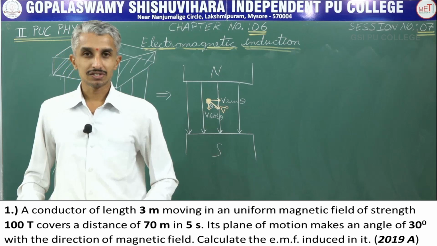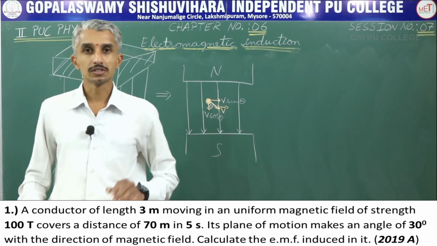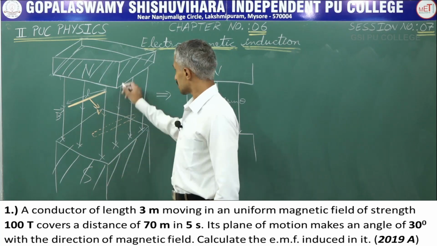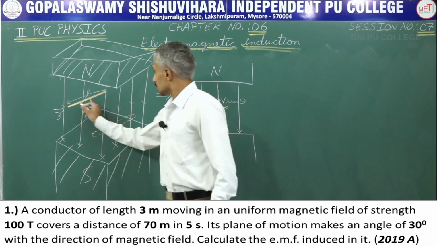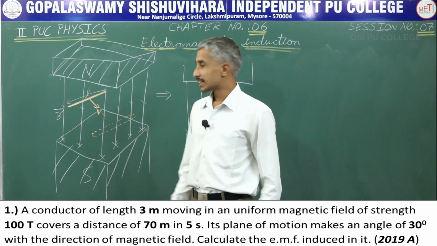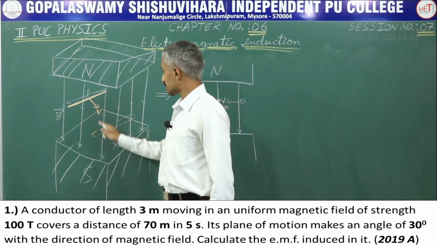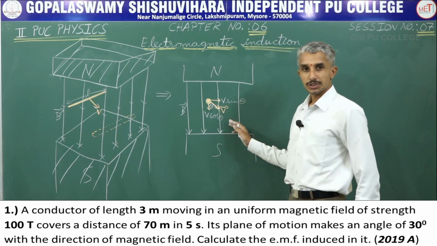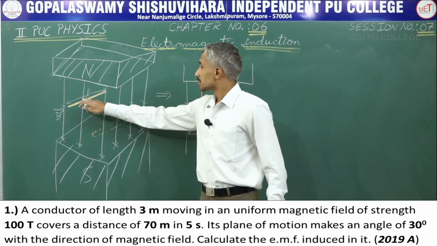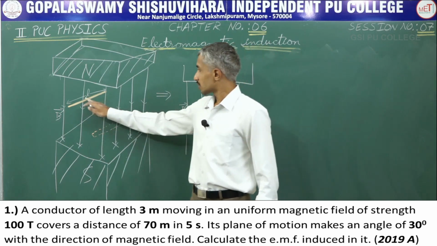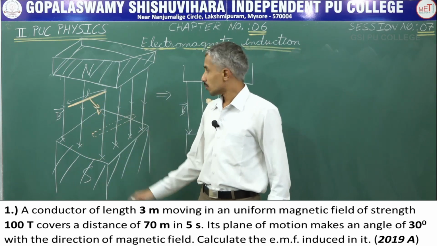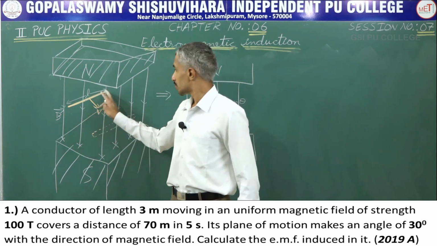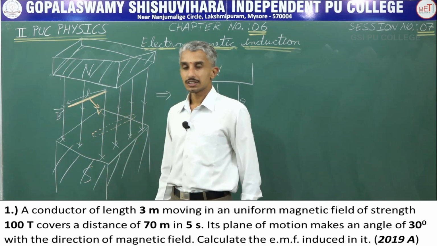For the sake of understanding of this numerical, a diagram has been drawn. So let us see. Just consider an arrangement where we have 2 poles of the magnet. There is a uniform magnetic field between them. So you have a conductor whose length is L, which is moving at a velocity v in some direction. The phenomenon that we are observing here is nothing but the motional EMF. As the conductor moves in a magnetic field, the electrons in the conductor experience a force due to the magnetic field. So there is EMF or potential drop generated between the ends of the conductor.